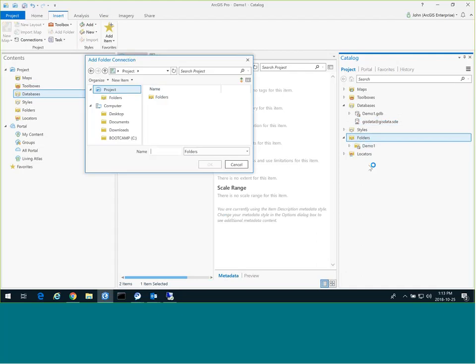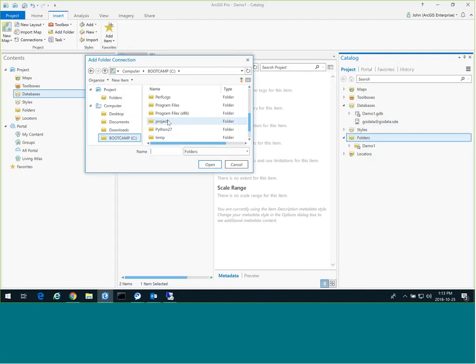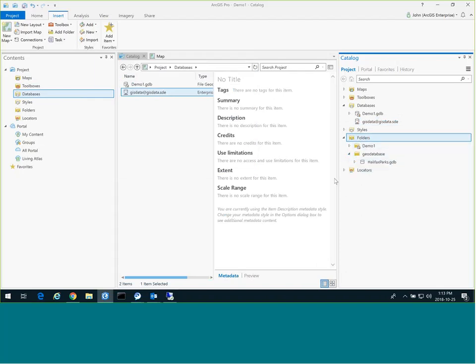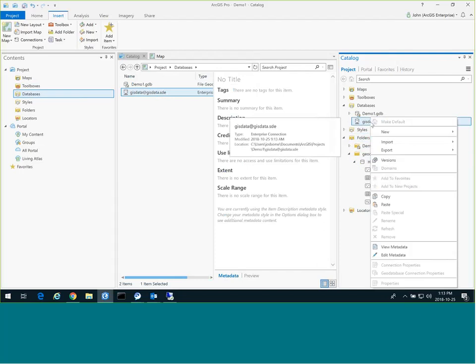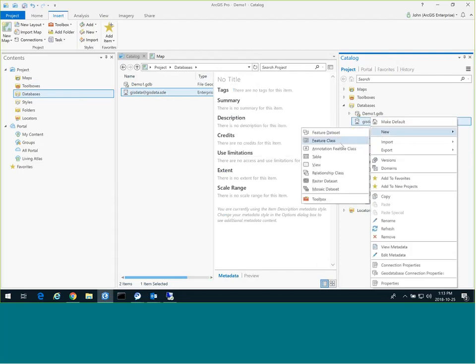I'm going to select Add Folder Connection, and I want to add a folder that contains some of my local data that I want to load into my geodatabase. This is just some project data I have in my geodatabase folder, and it's just some data for Halifax Parks. So I'm just going to right mouse click on this and go New